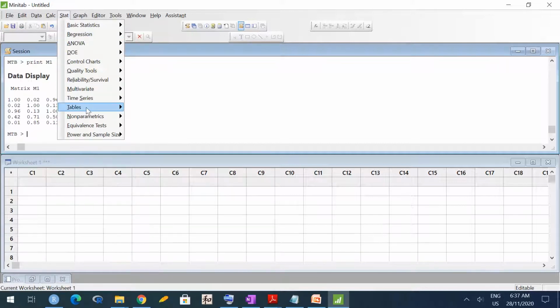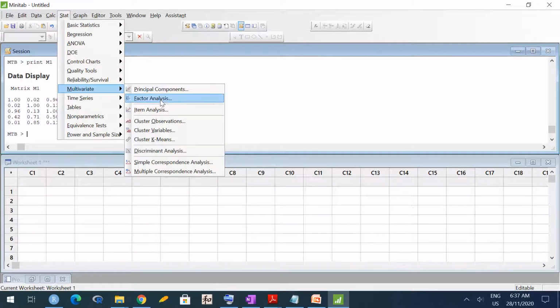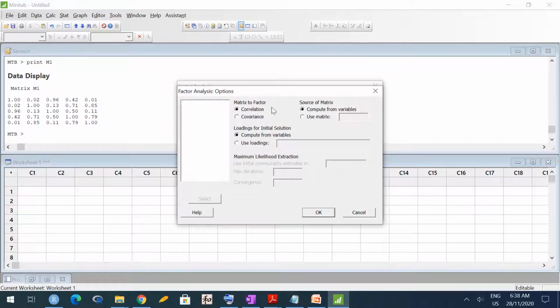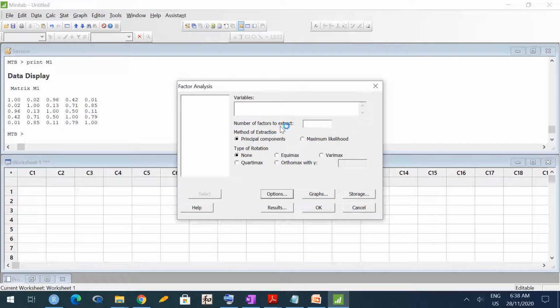So we go to Stat, Multivariate, Factor Analysis. We don't have data now. Data is unknown to us. In the options, we have the source of matrix. So use matrix, we will choose this M1 matrix. It's a correlation matrix. And for the number of factors to extract, right now we will say 5 because we have 5 variables and we don't know how many factors are going to be important.